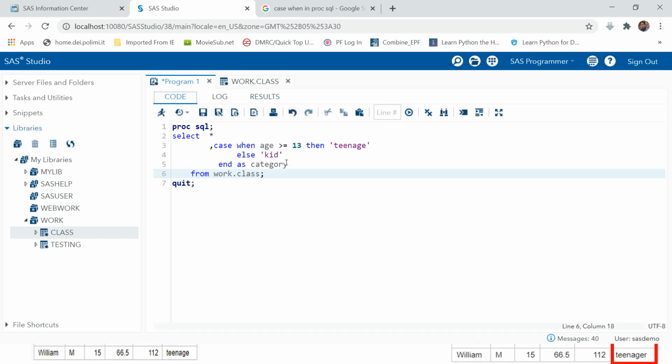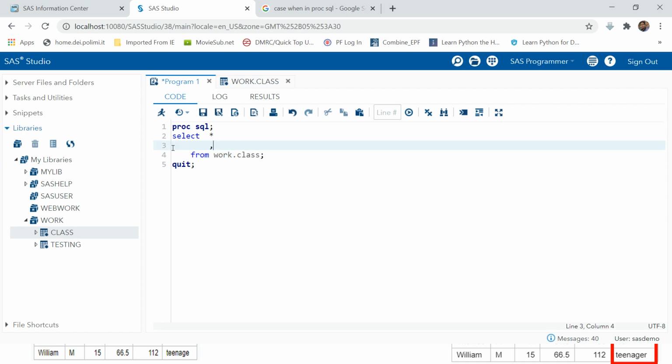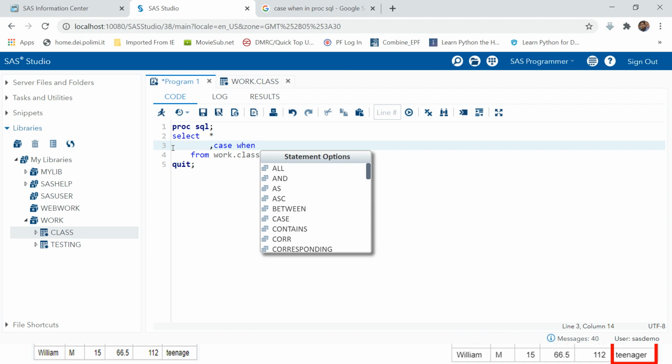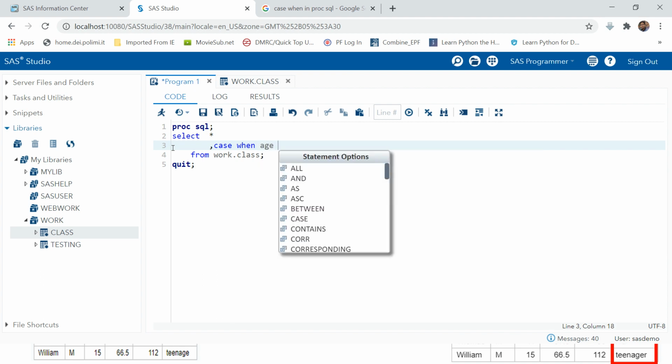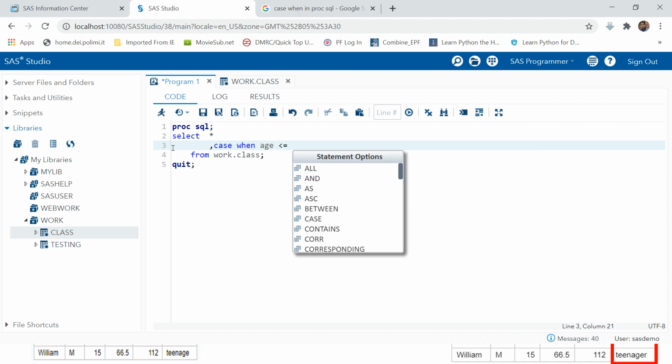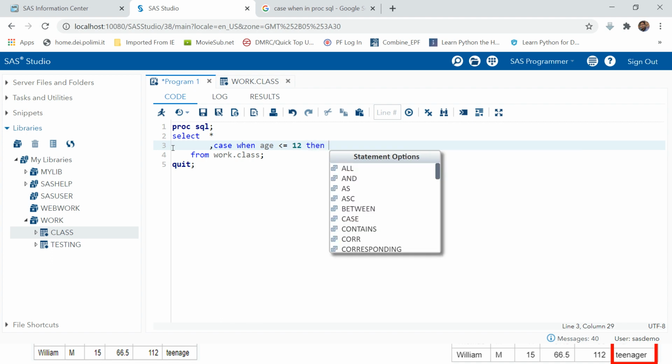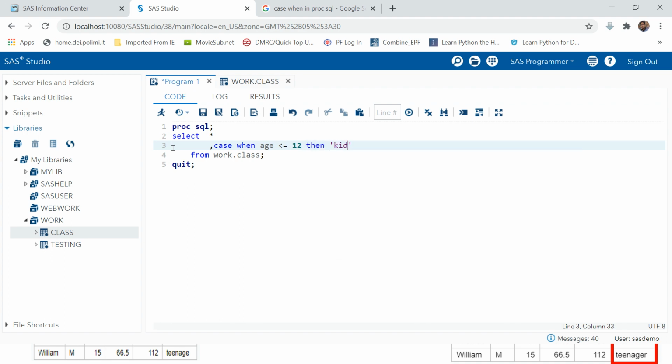So I'm going to remove this part and try case when age is less than or equal to 12, then it's kid.